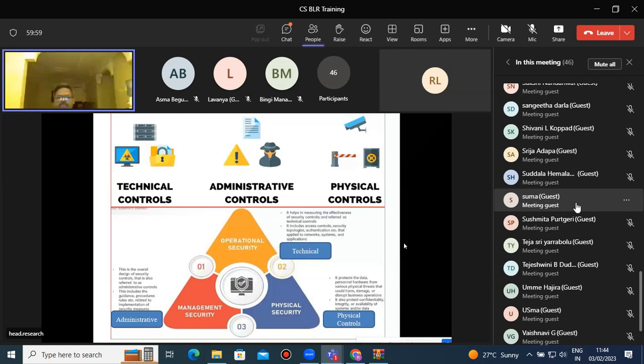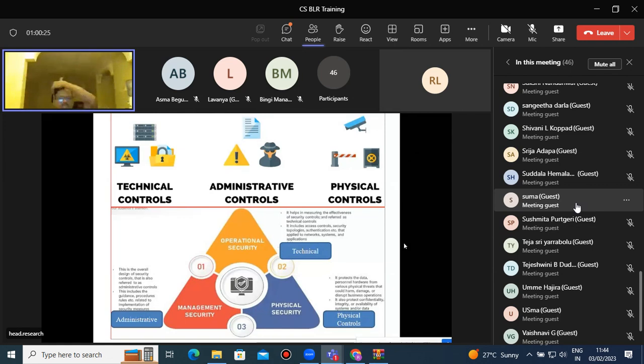Then see the physical controls, which protect the data and personnel hardware from various physical threats that could harm, damage or disrupt business operations. It also protects confidentiality, integrity or availability of systems and or